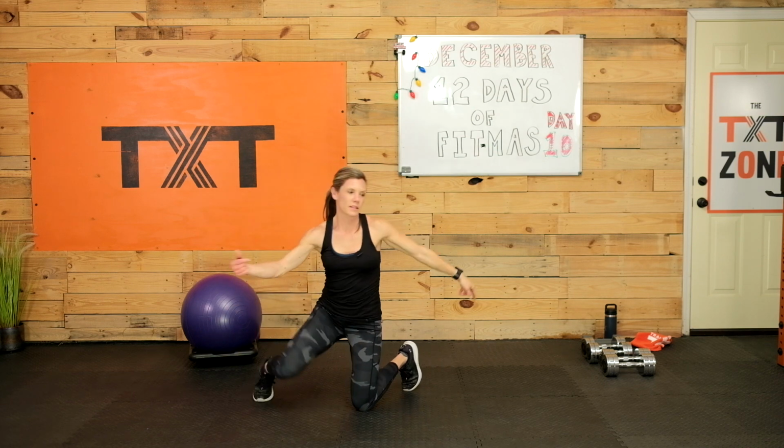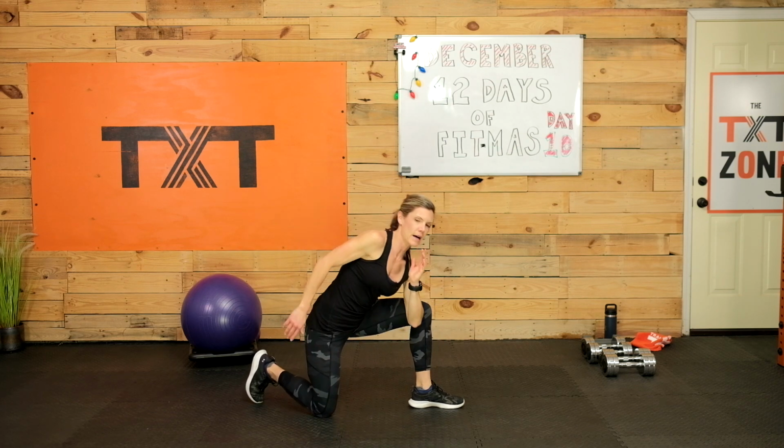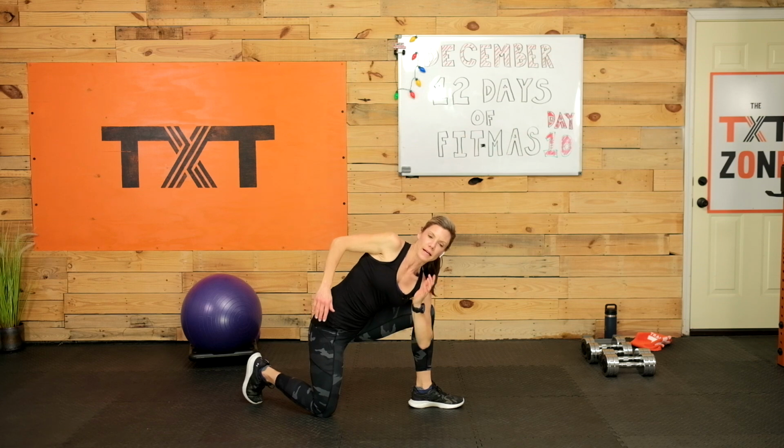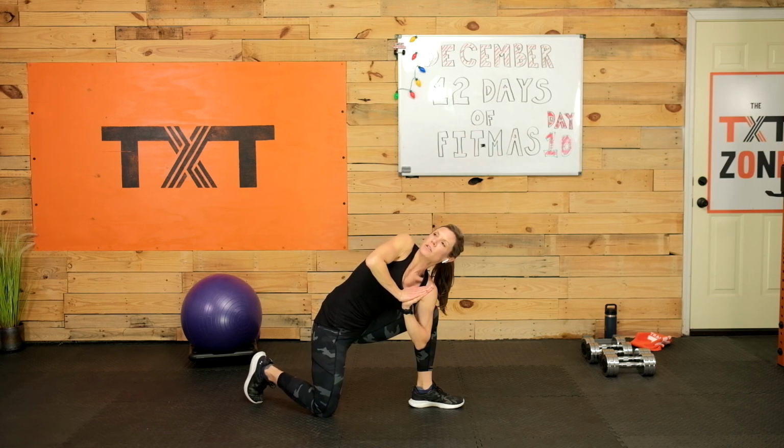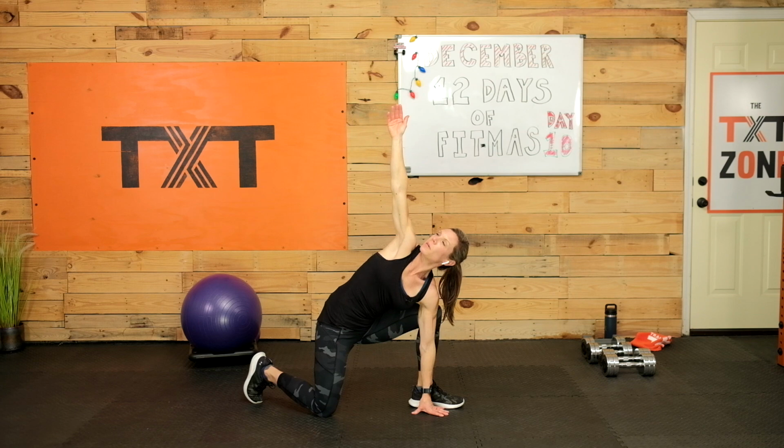Good, we're gonna flip around to the other side now. Same thing, bring the left knee up, left elbow inside that left knee, palms together, push in and twist, rotate. If you're not feeling it there, bring that left hand down, right arm up,